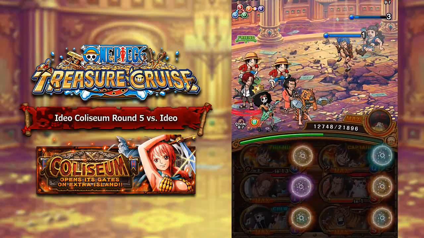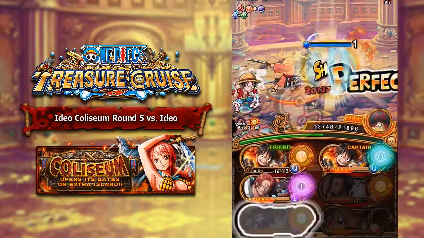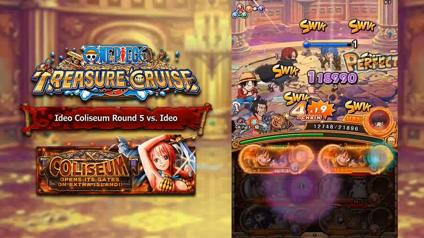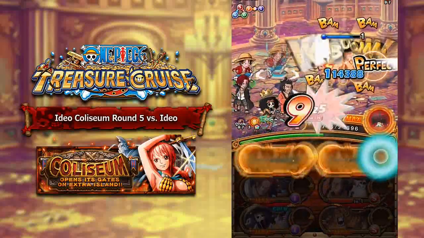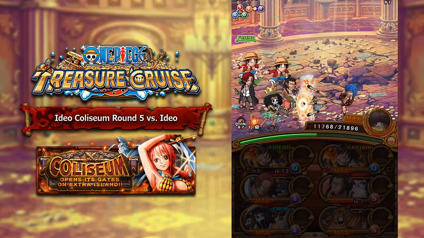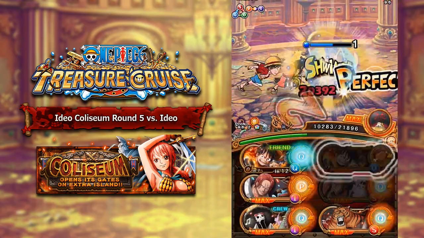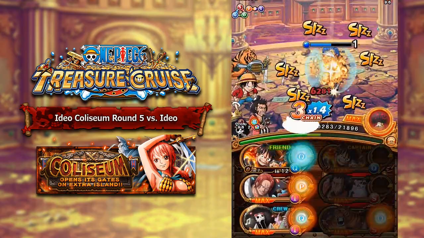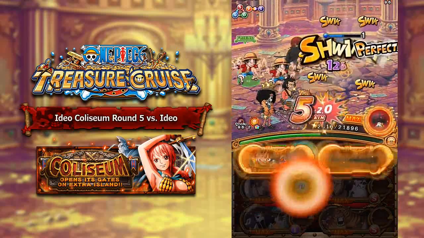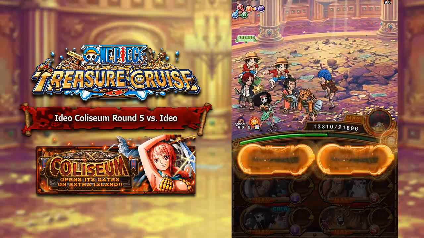So, the final stage is going to be Ideo, and he has 3.8 million health, and he'll attack you for just under 6,000 damage every single turn. However, he actually does a buffed first turn attack. Ideo, when he first attacks you, will deal 11,800 damage, and Ideo is actually surrounded by 5 different mob characters, which have only 62,000 health,